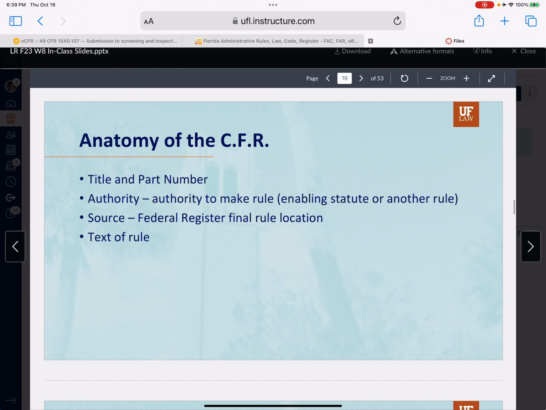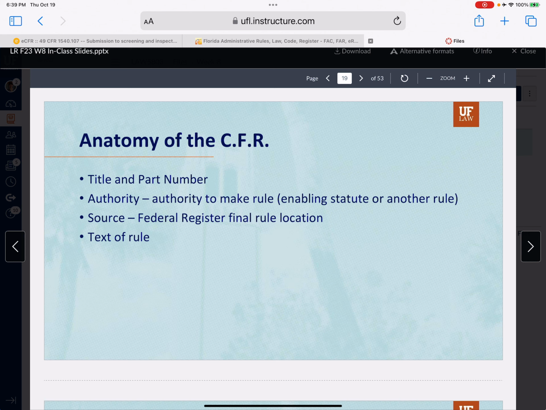The CFR has a title and also something called a part number. It's going to tell you the authority, so the enabling statute that gave the agency the authority to make the rule. It's going to give you a history note at the bottom, usually. But either way, wherever you see it, there's a history note that tells you where the final rule is published